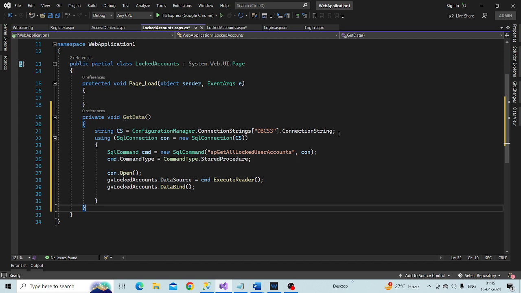Next we are using a using statement and create a SQL connection object. So SqlConnection con is equal to new SqlConnection, and we specify the connection string here. Okay, so since we are using this using block here,